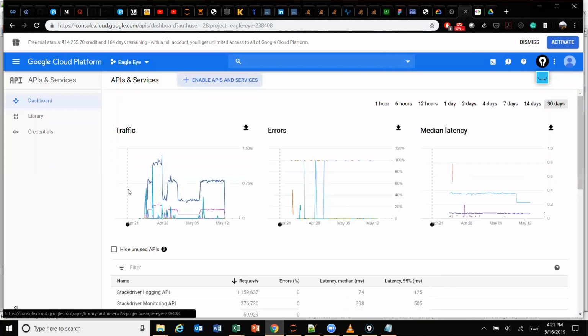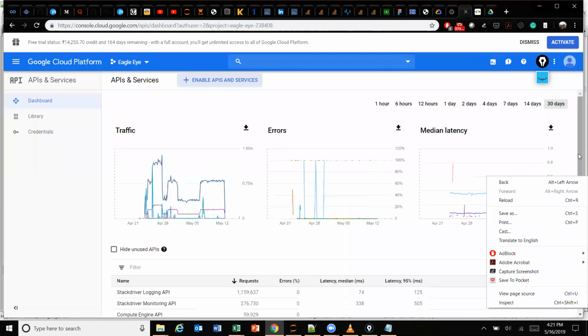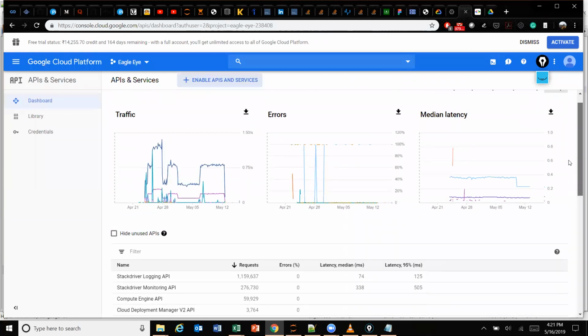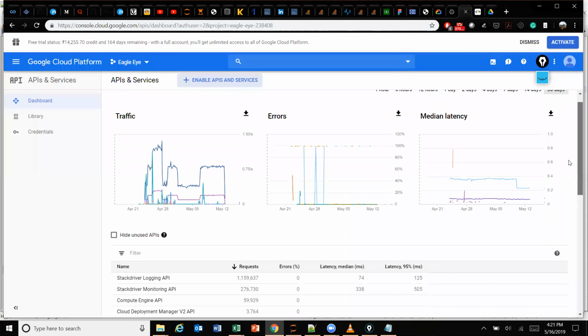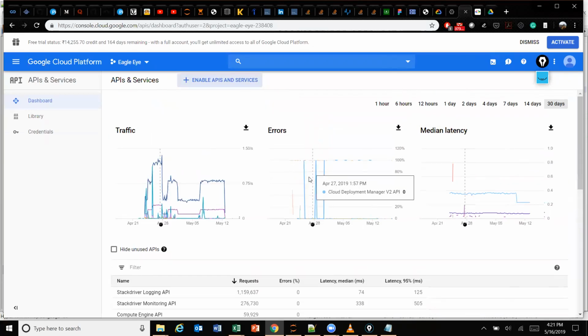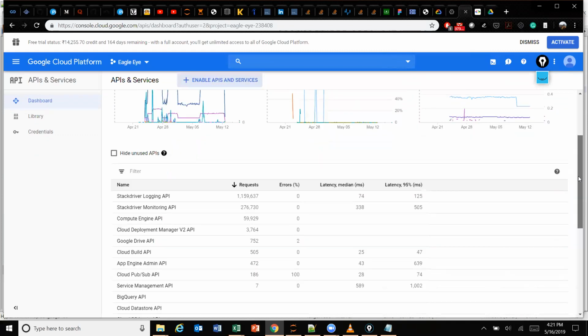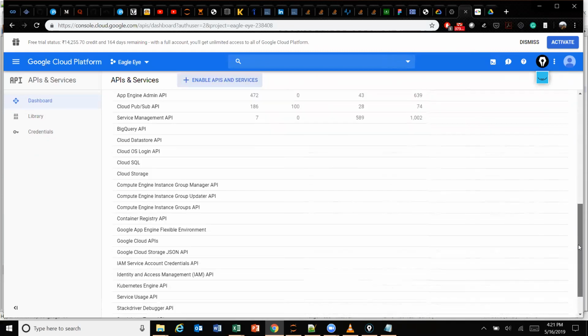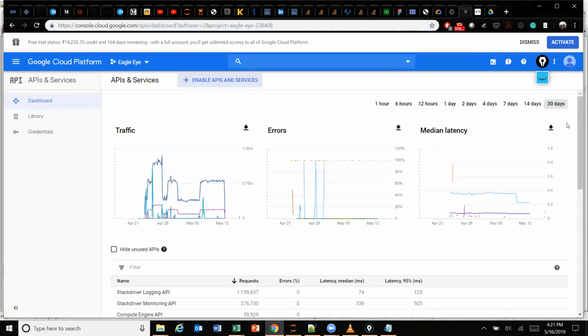So say these are the APIs that I was using. I'm using the Stackdriver API. What it does is it just looks at where all the errors might come up. It can also tell me where the errors are happening. Cloud Deployment Manager, right? So what are the errors and what exactly is the problem with that? Latency, network latency: how slow is the network, how quickly can it ramp up? And then also if you see here,